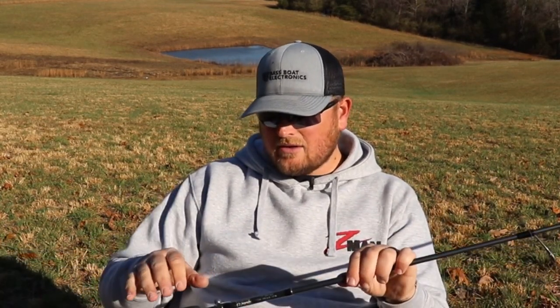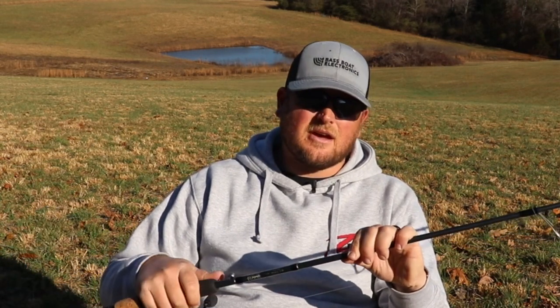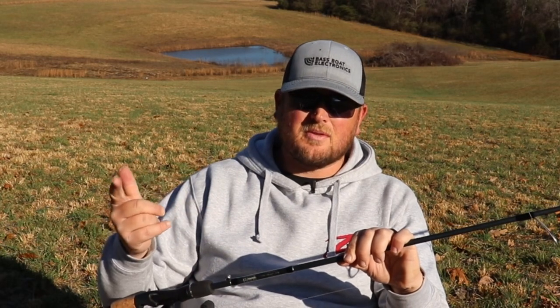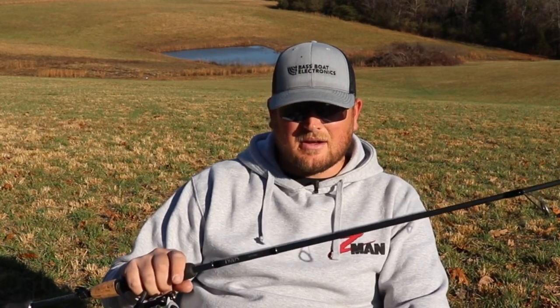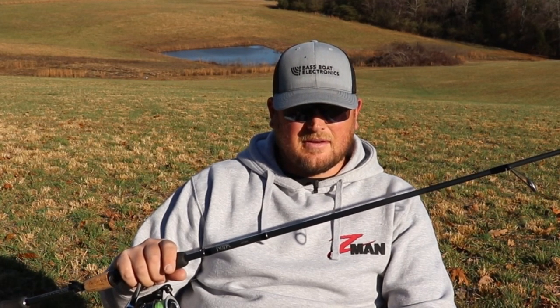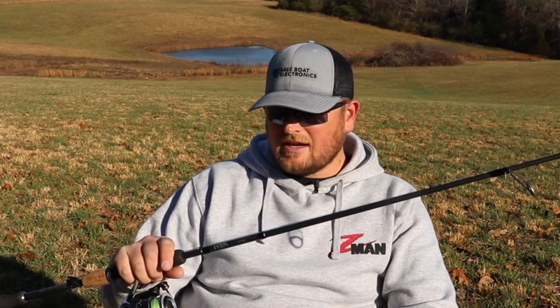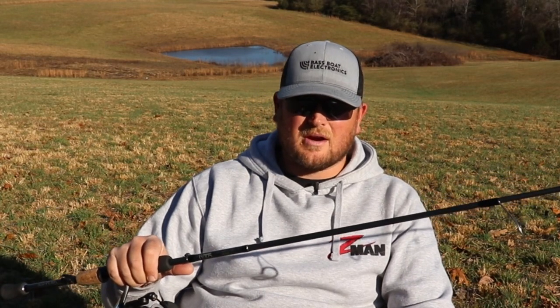And then as far as the weight goes, I usually use heavier weights than most people do with drop shots. I hear guys talk about throwing the lightest weight, throwing an 1/8 ounce a lot. Man, I'm not patient enough to be throwing an 1/8 ounce. I want to maintain contact to the bottom. I want to feel that rig. So I'm usually not going any lighter than 3/16, but usually 1/4 ounce is my favorite for that